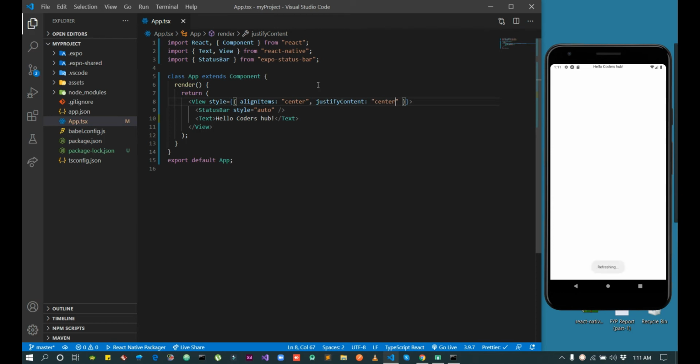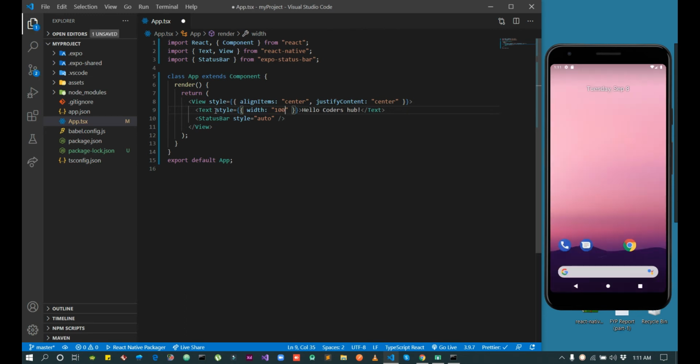And when we save, we will give the style to this and give the width 100%, so it's percent, not 5.